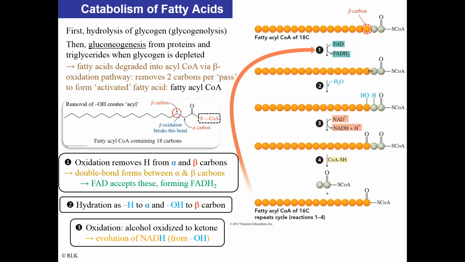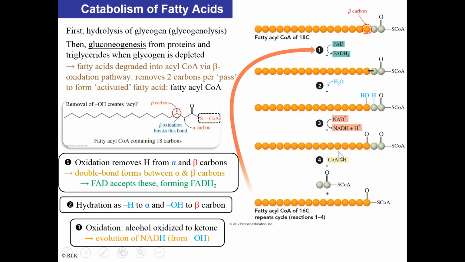Then what that's going to do is steal that hydrogen from that hydroxyl group that's on the beta carbon, and then all of a sudden you have a carbonyl that's produced because there is electron rearrangement, and now you have that carbonyl,